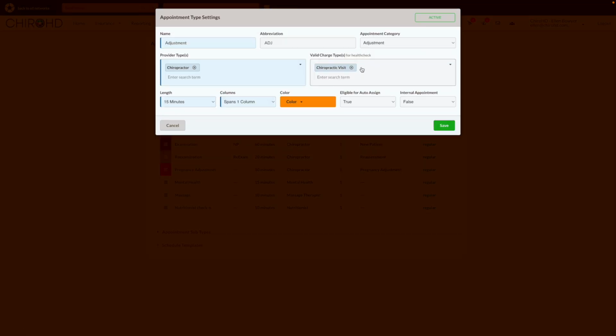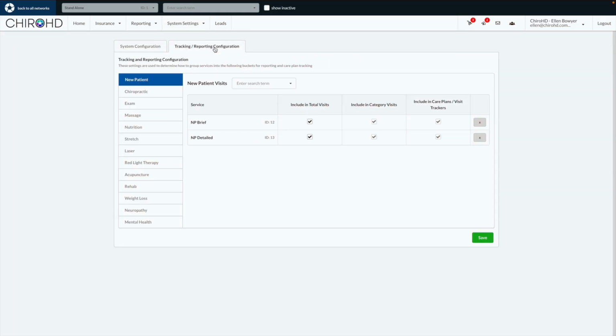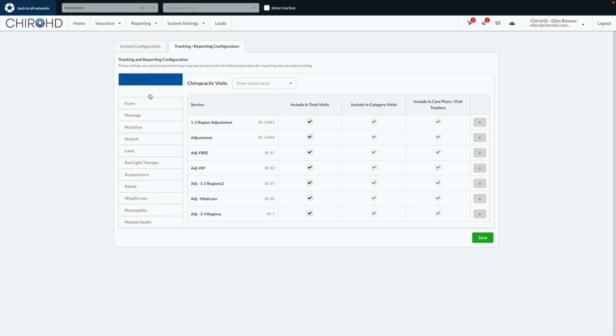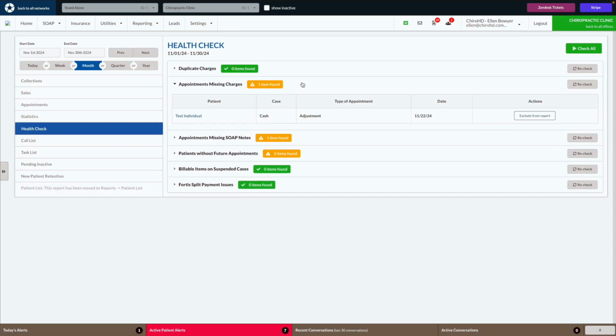What bucket do you have selected under valid charge type? Then it's looking at that bucket and looking at all the charges that are allowed. And then it's going to look at your patient's ledger and see if it has any one of these present. So if I go back to my appointments missing charges health check report, I see this patient has been flagged